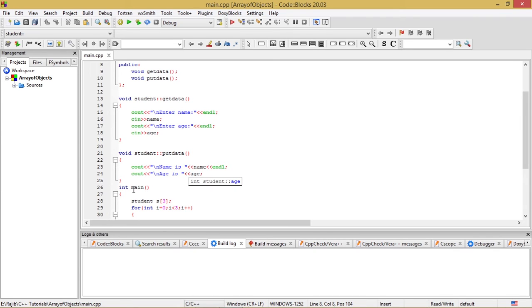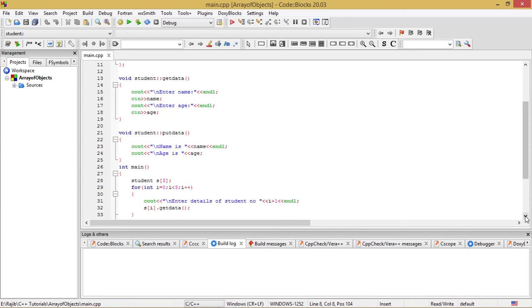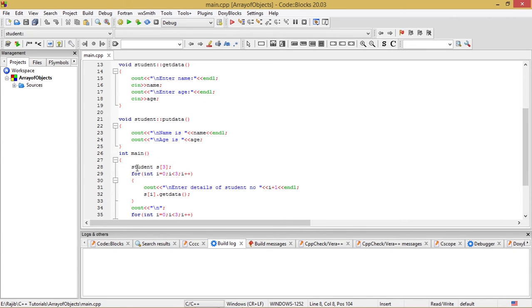The main section is defined by int main, under which we create an array of objects. This is the topic of discussion of this video.